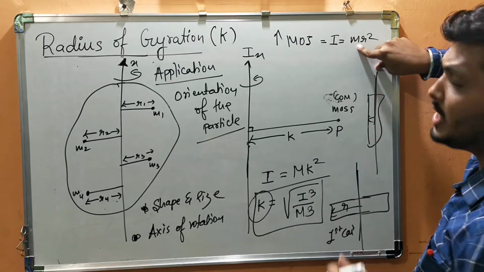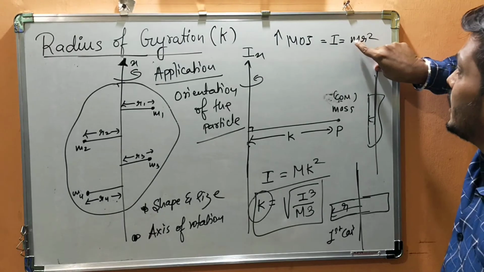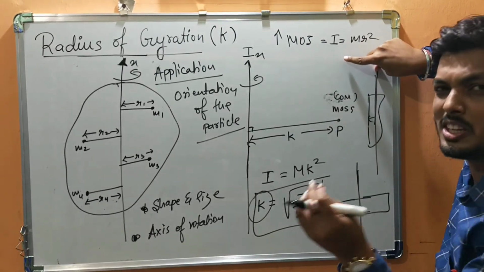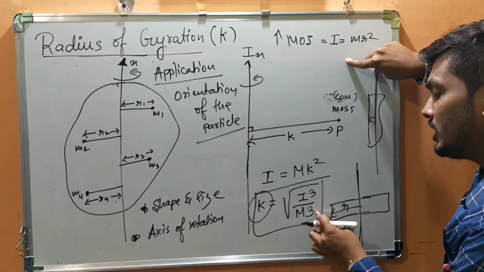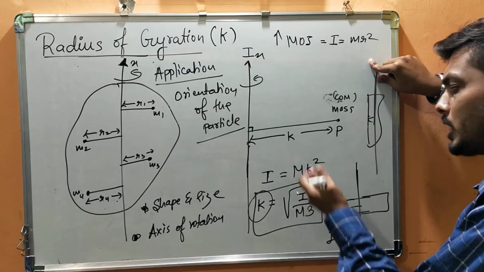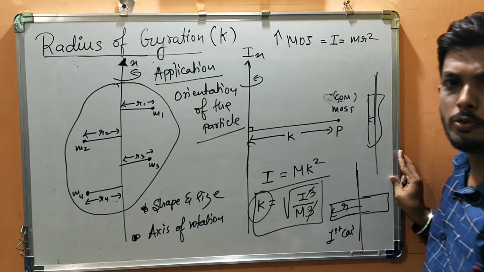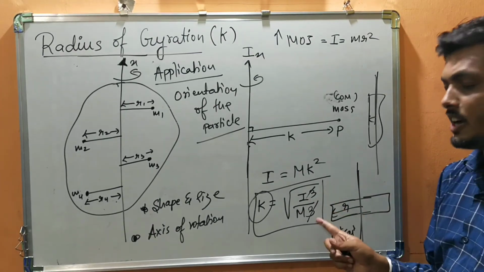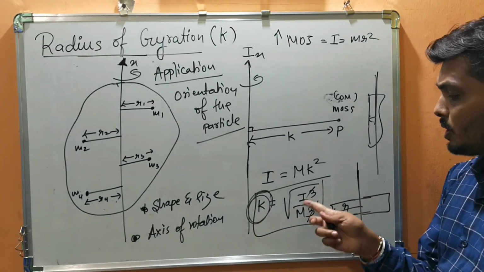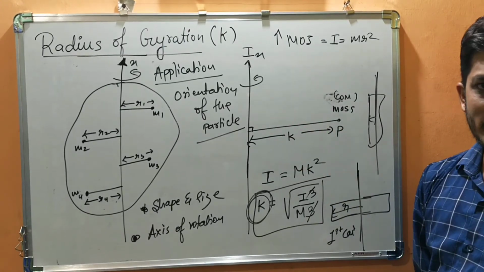So if you take a heavier marker made up of iron or steel or aluminium, its mass increases and moment of inertia also increases. If mass increases by 3 times, just one example, definitely moment of inertia will also increase by 3 times. If it is increasing by 4 times, definitely I also will increase by 4 times. So whether it is 3, 4 or 6, whatever number you take, they get cancelled. So this K value is not depending upon mass, but it is depending just on this perpendicular distance.